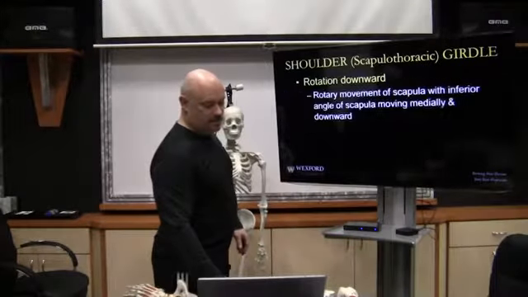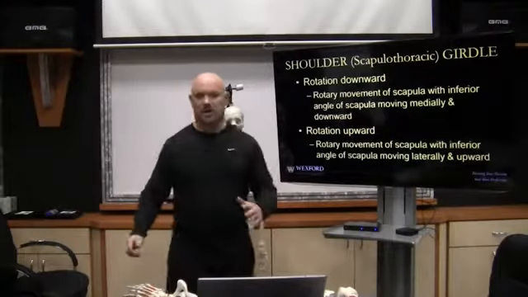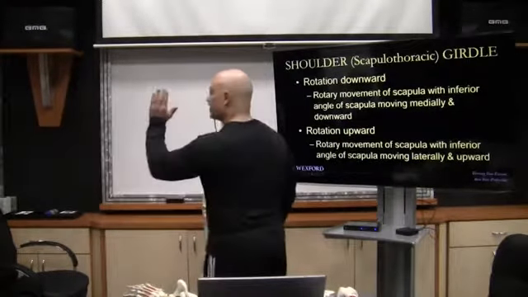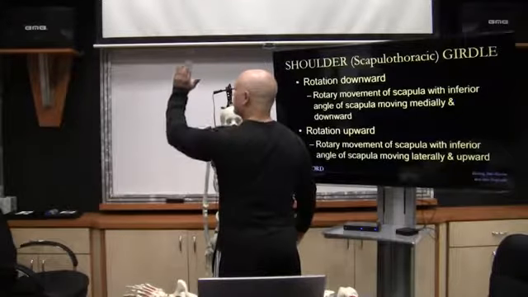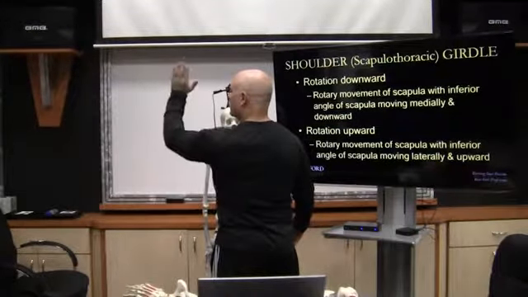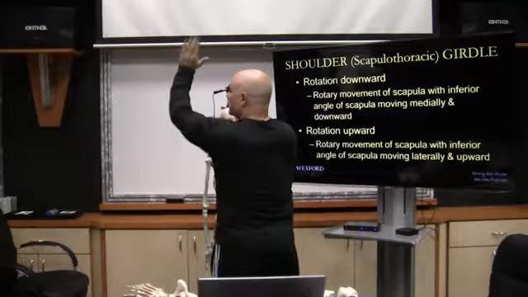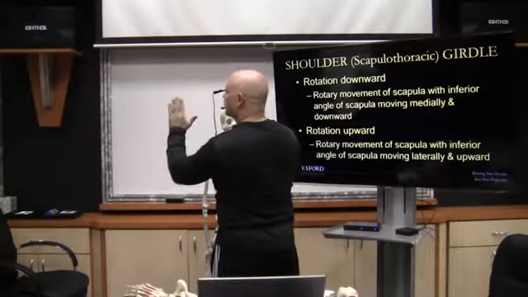Next, we have inward, downward, and upward rotation. So let me turn around again. As I'm in this position, if I try to push my arm up, what happens to the scapula? The arm is moving at the shoulder joint, but in order for the arm to be positioned in the right place, the shoulder blade is going to